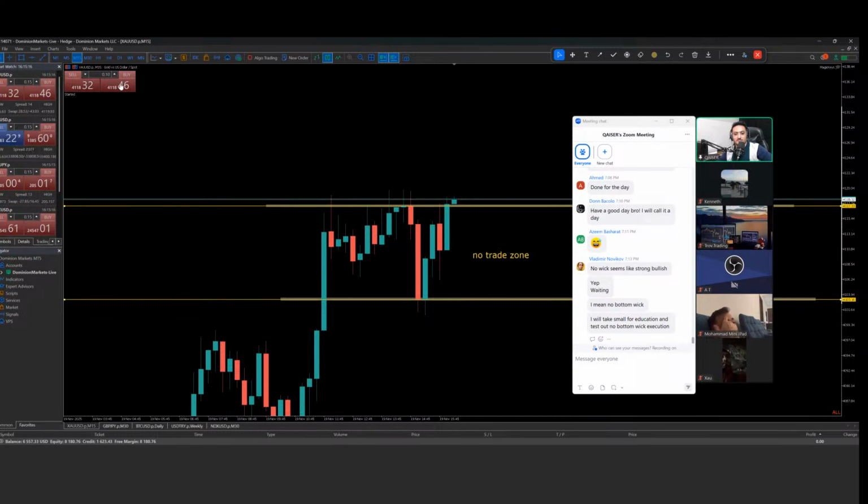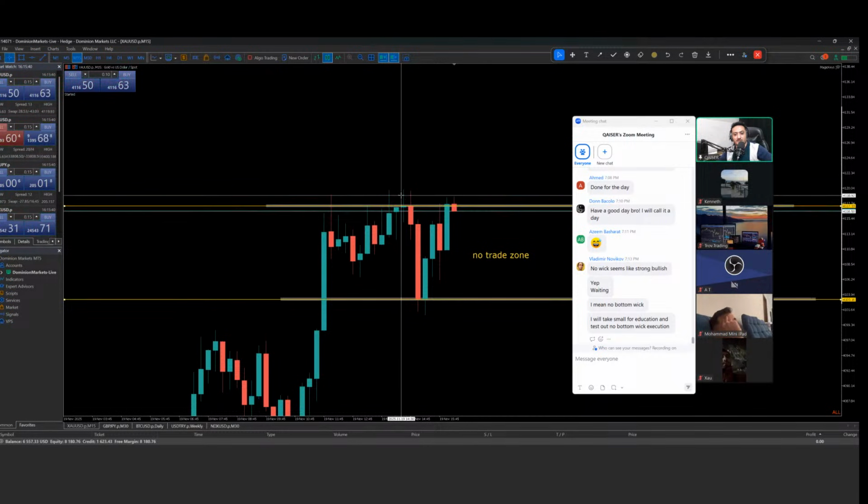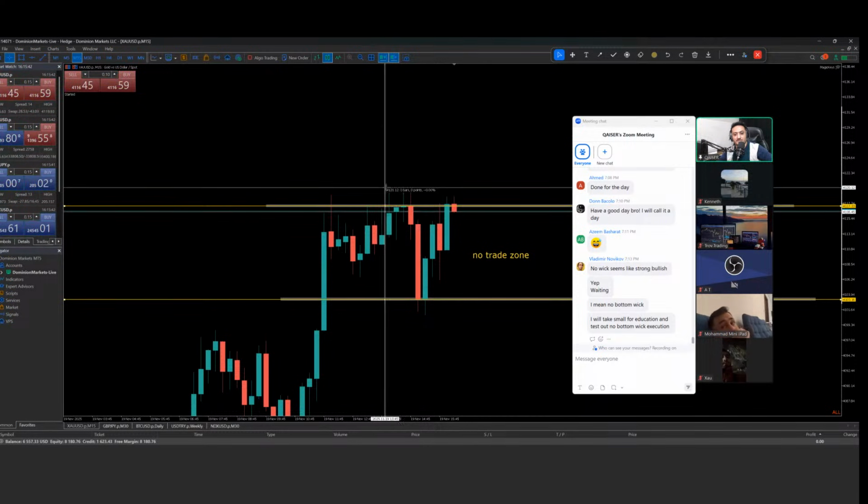I hate you. Just create a wick, create a wick, so I can get a better stop loss. Create a wick, come down, come down, come on, come on. Okay, it's great. It's creating a wick. Now if it's going to break above these all rejections, I will be in.